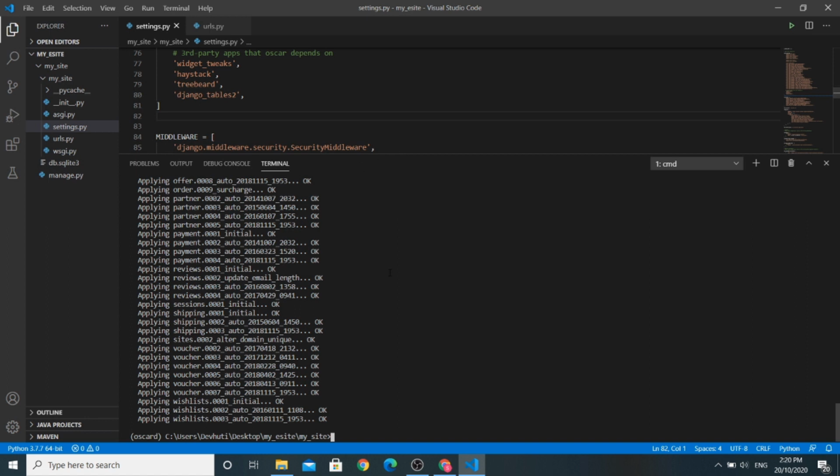Okay, so after creating all the migrations, now let us run our server using the python manage.py runserver command.